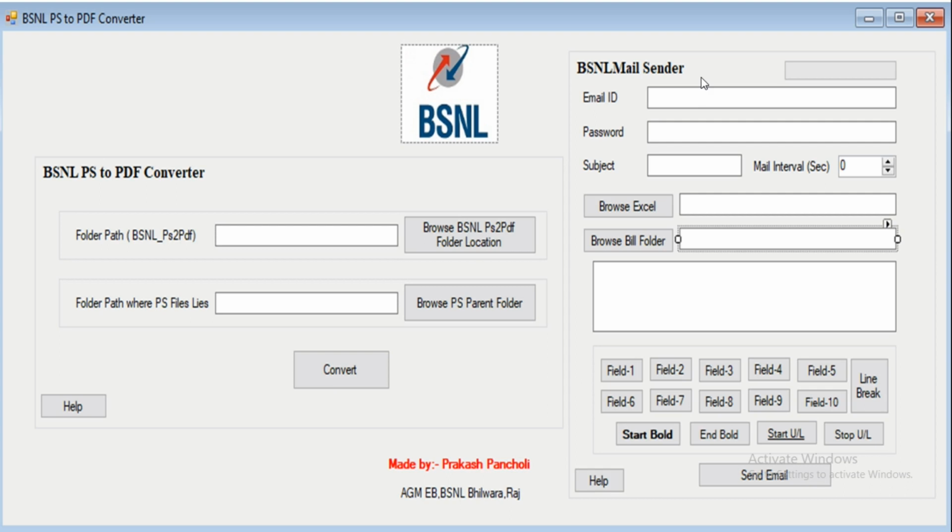Let's discuss the first one, that is the BSNL PS to PDF converter. It takes two inputs. One is the folder path of BSNL_PS to PDF. This is the standard folder I will give you, in the zip file I have given and also uploaded. It contains one folder named BSNL_PS to PDF that consists of several DLL files and a bat file.